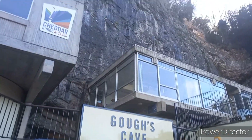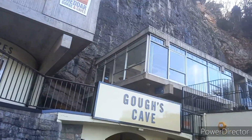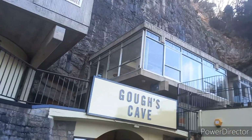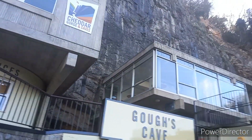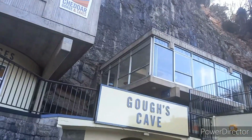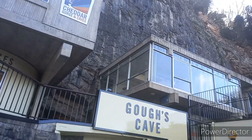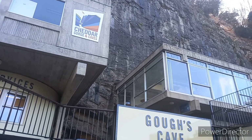I'm at Cheddar Gorge and Caves. There's a couple of different caves to see here. Obviously I did Wookey Hole yesterday, and now I'm getting to see a couple more caves here. There's also a museum, and an observation tower, and I'm really looking forward to seeing some more really